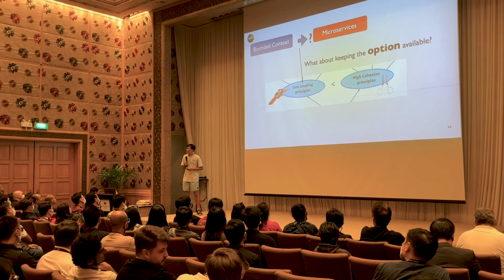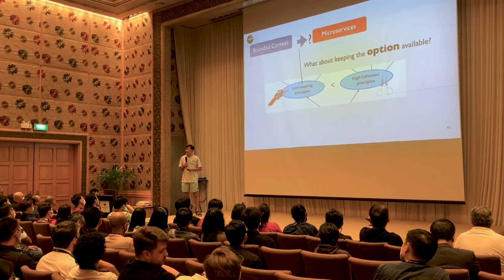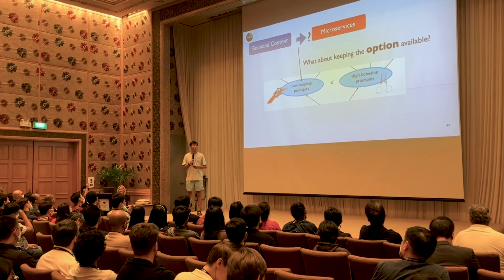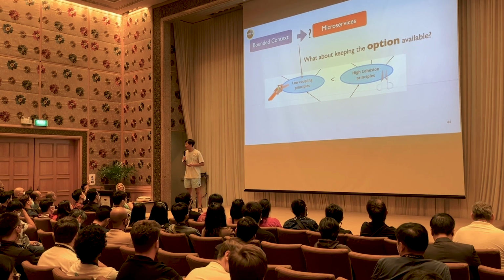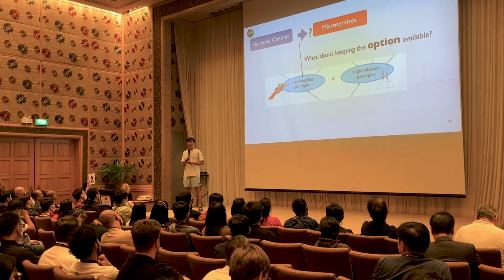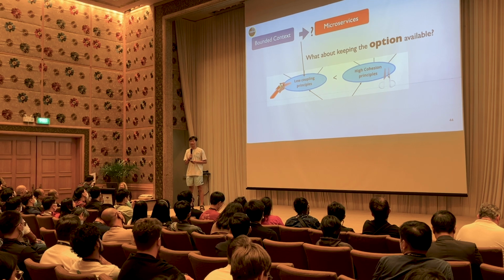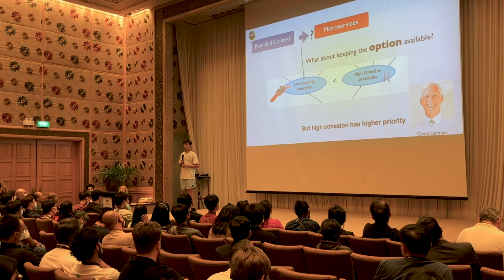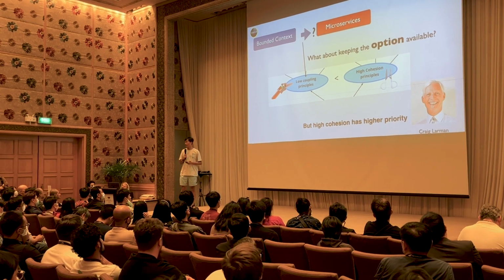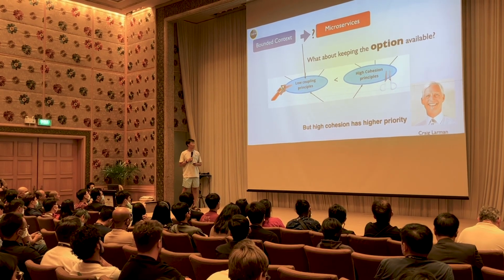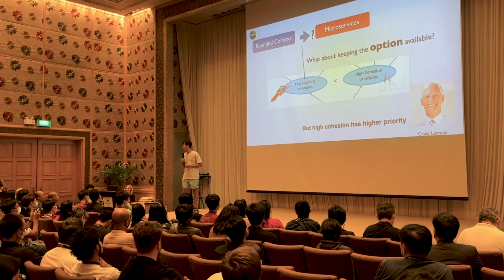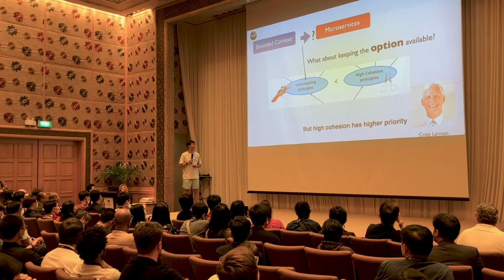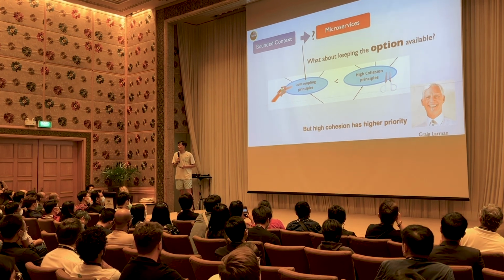If you think about it, bounded context and microservices are about cohesion or coupling. They are mostly decoupling, right? Now, however, one of my mentors, Craig Lahman, said, but cohesion has higher priority. Really? Cohesion has higher priority